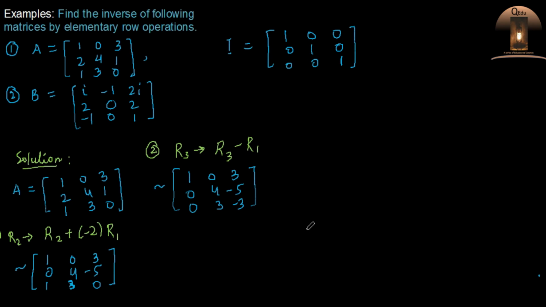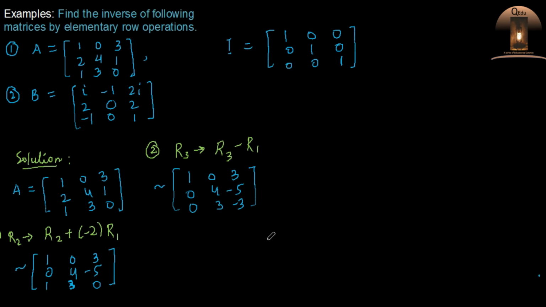So the first element 0 is same, so no need to transform this element. So to get 1 here, what do we have to do? There are two things. If I subtract 3 from 4, I will get 1 here. This means R2 minus R3. And the other thing is that I shall divide this by 4. So that is easy to subtract.